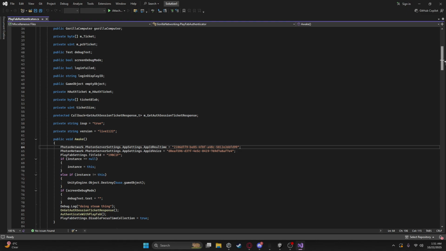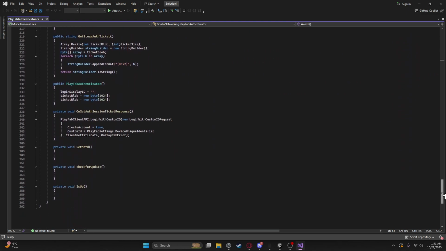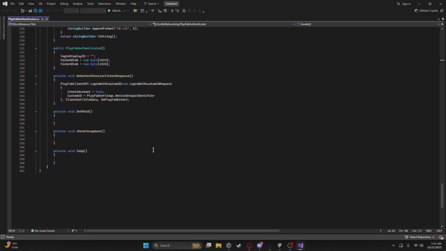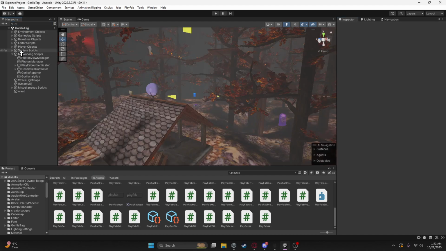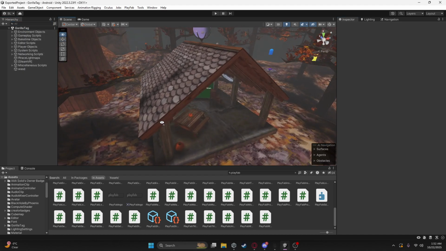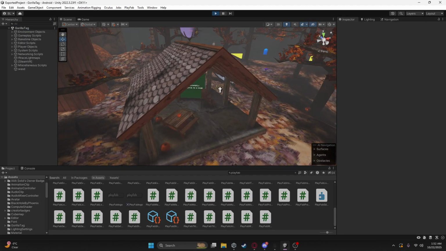And then once you're done doing that, you want to scroll all the way to the bottom, and if it says something like application dot quit, you want to delete that, because that will make it so as soon as you go into the game, it will automatically kick you out. And then so once we go in,